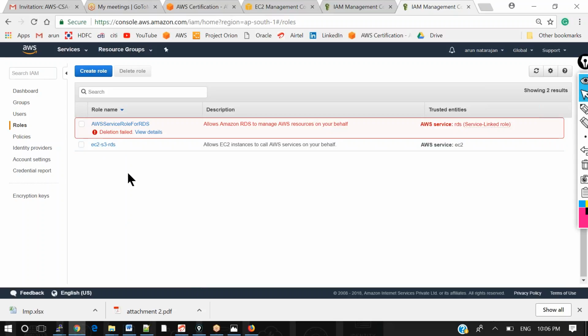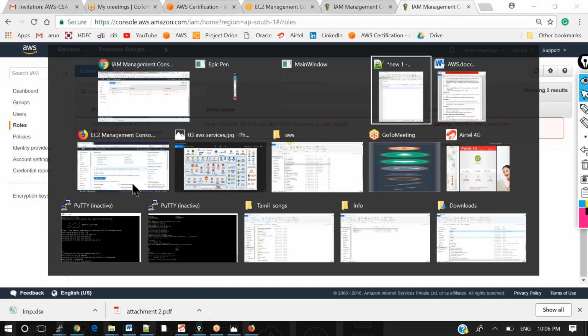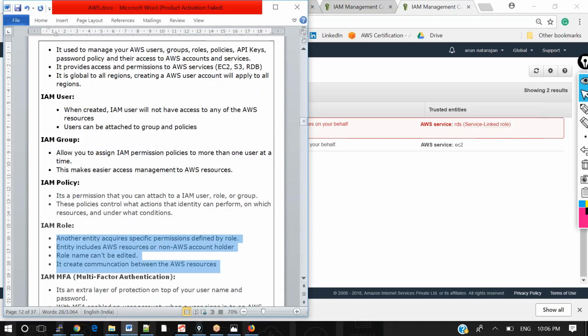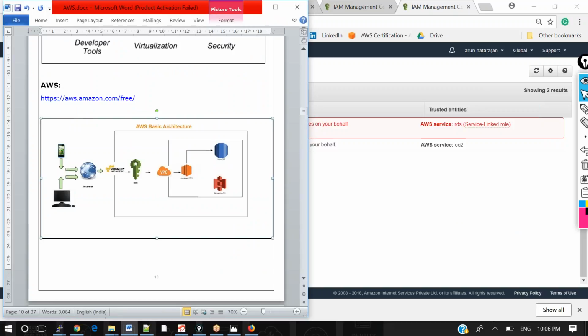As per the architecture, the EC2 can access the S3 server, and EC2 can also access the DB server without any issues. So if you want to make a communication between the AWS services, here you need to create a role.